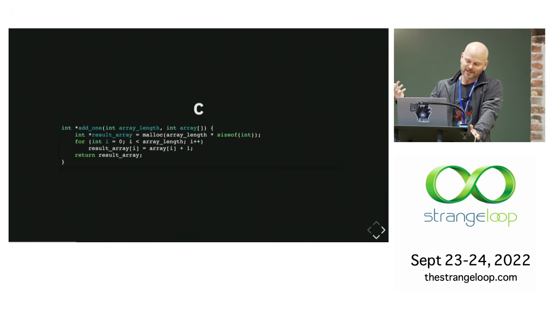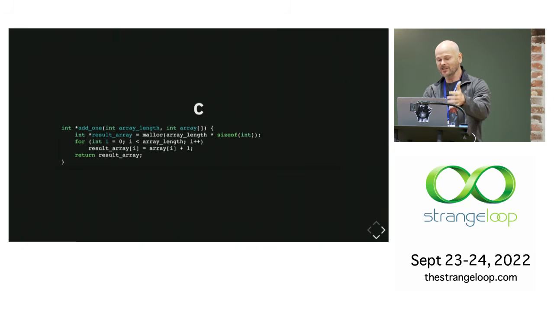Well, I had to do this in assembly too, but this is crazy. I have to allocate memory and give it back and then hope that the other guy is going to free that memory later. This has nothing to do with what I'm trying to accomplish. I want to increment each of these numbers. I do it with a for loop that counts from 1 to the length of the array. Is counting to the length of the array relevant for my problem? No! None of this is relevant.